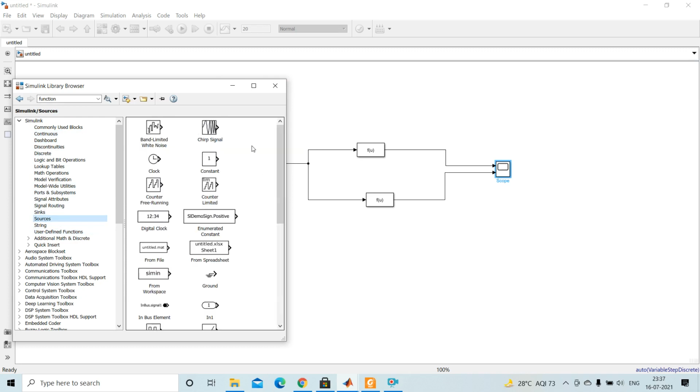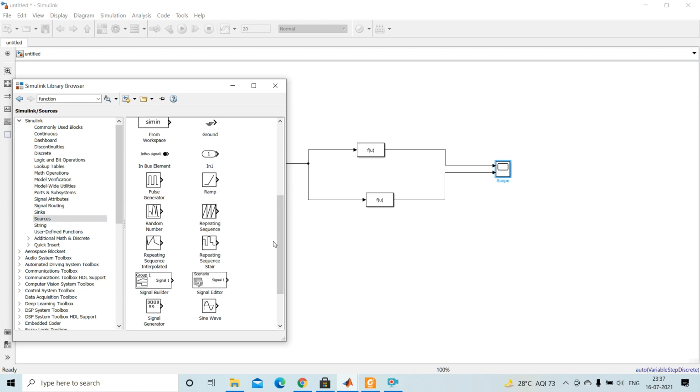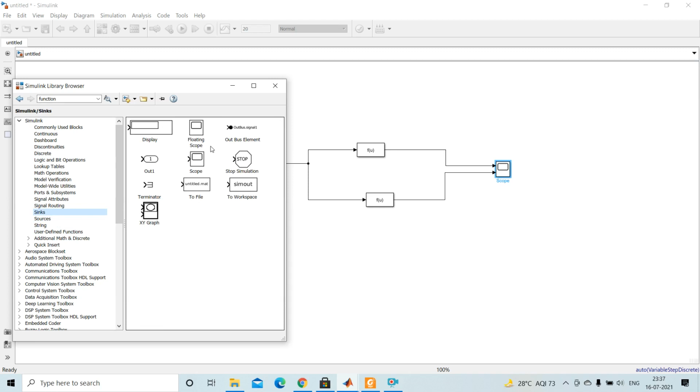These are the parameters under sources, from which we are taking this ramp input, and from sink we are taking this scope, and you are using display also in other simulations.